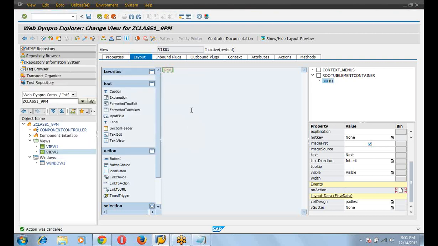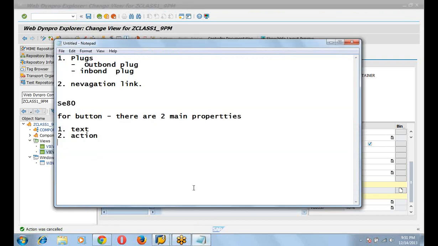First, for view 1, we have to create an outbound plug: outbound 1 to 2. For view 2, an inbound plug: inbound 1 to 2.